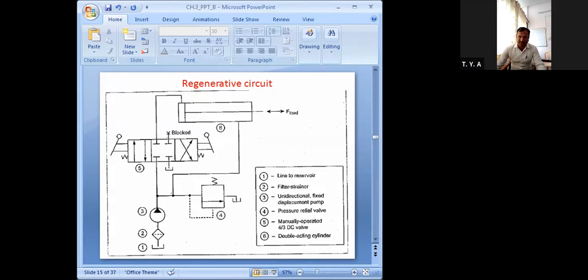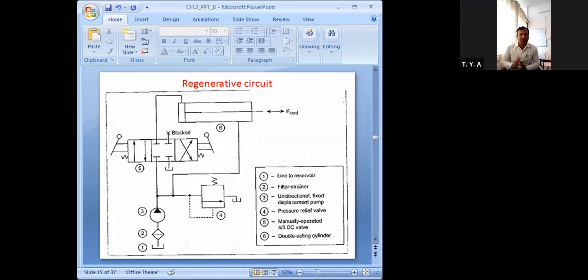It will come through this line, connect again to this flow, and once again come from P to A. That means to speed up the hydraulic cylinder during the extension stroke, we take the returning fluid from the rod end into the direction controller. Otherwise, if it is not connected to this end, the fluid coming from this side will go to the reservoir.